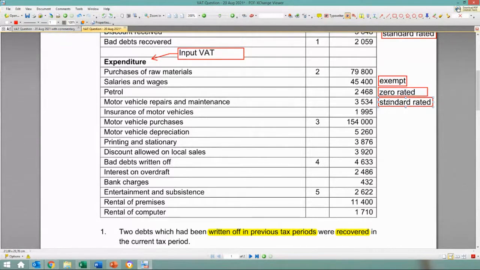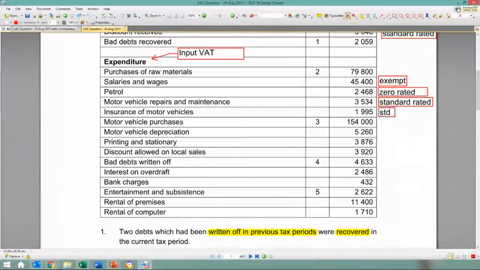Okay, so insurance on motor vehicles is also a standard rated supply. So you are allowed to claim the VAT on the premiums that you pay. Okay, so standard, I'm just going to do standard. Okay, then the next one we